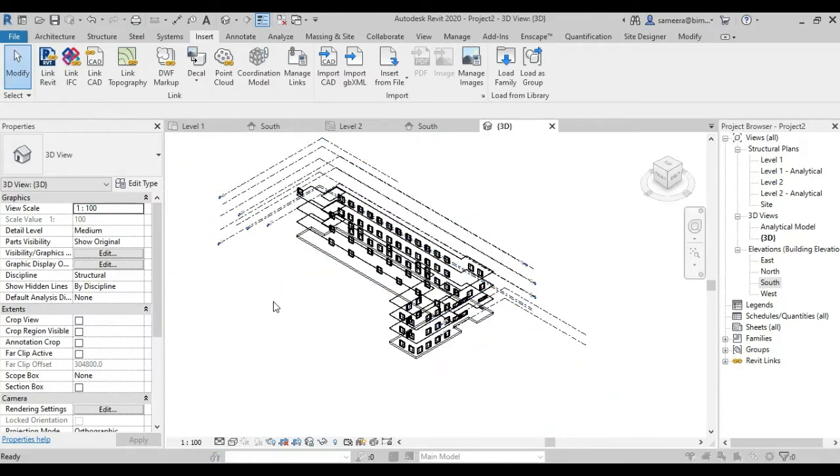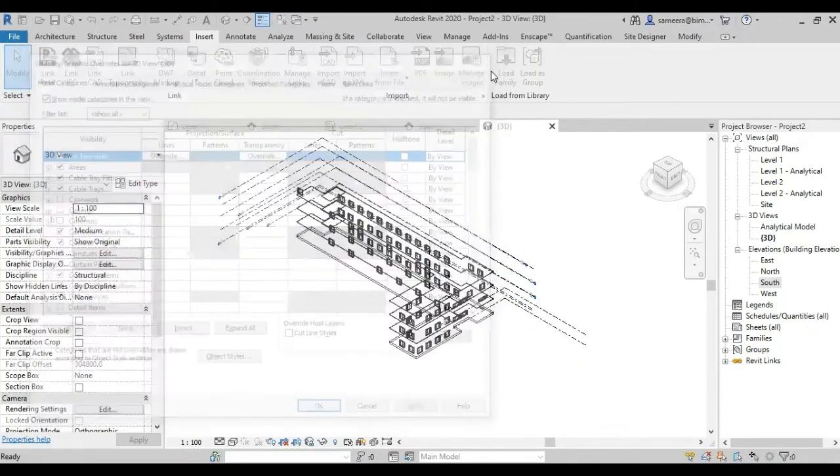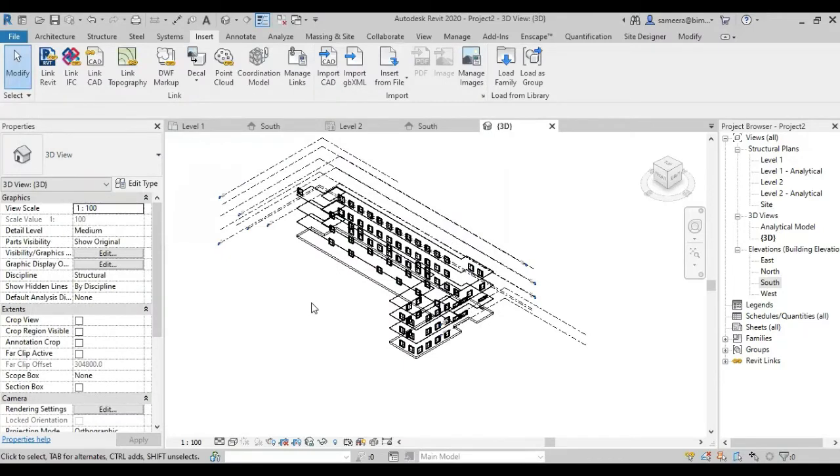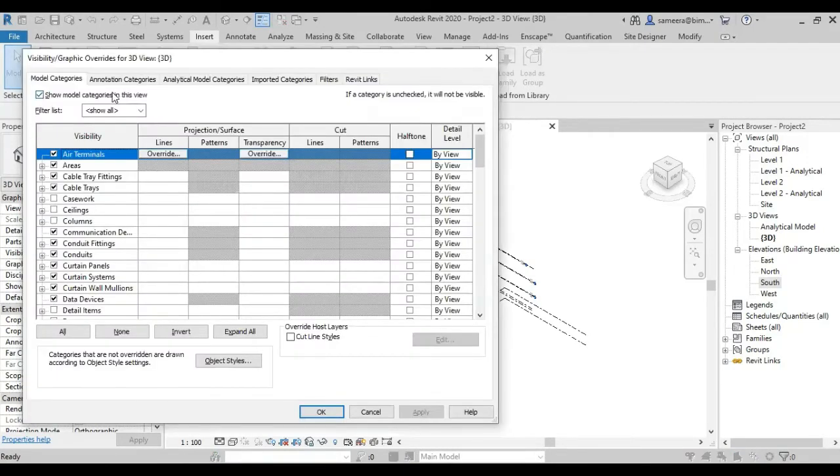Here you can see there will be a lot of things related to visibility and graphics. Since it is a structural template, most of your architectural elements get hidden as the default setting in the visibility settings. That is why the first step before starting the modeling is choosing the correct template. If you are going to create an architectural model, you have to choose the corresponding architectural template. If you are going to create a structural model, you have to choose the structural template. That is the first step for steering your project in the correct direction.